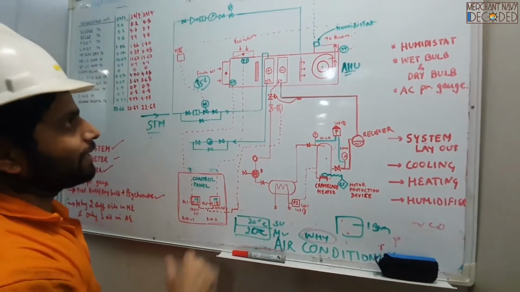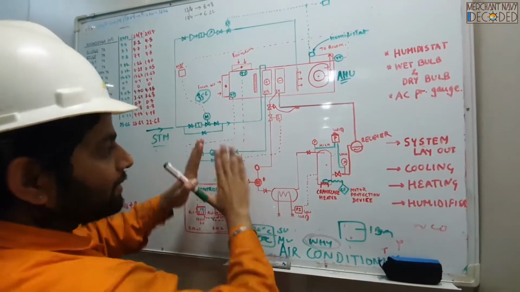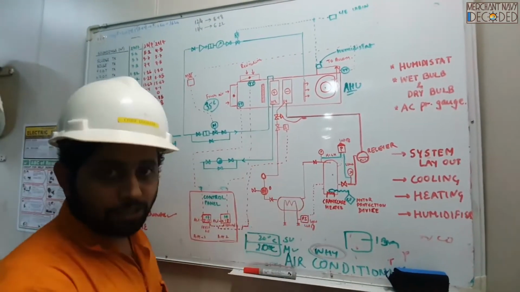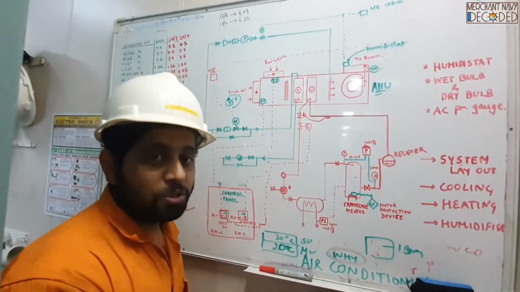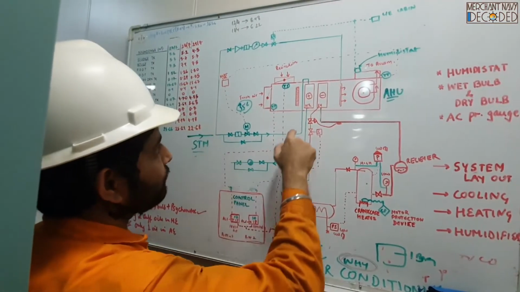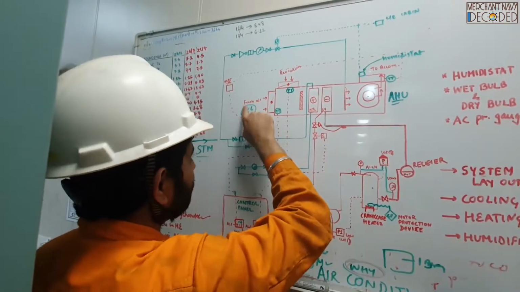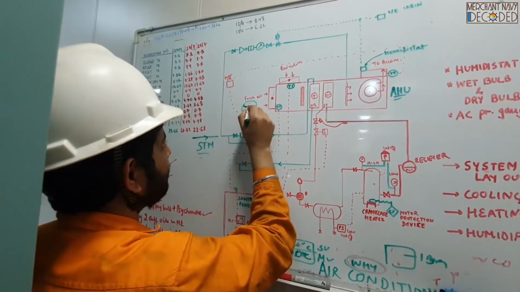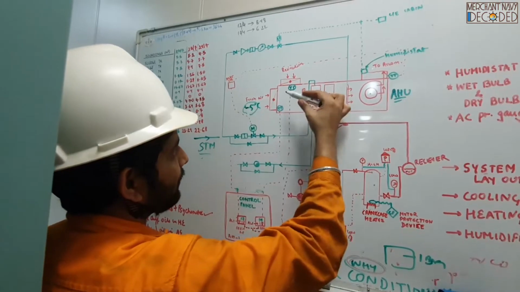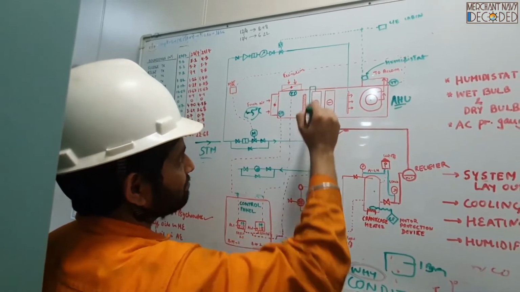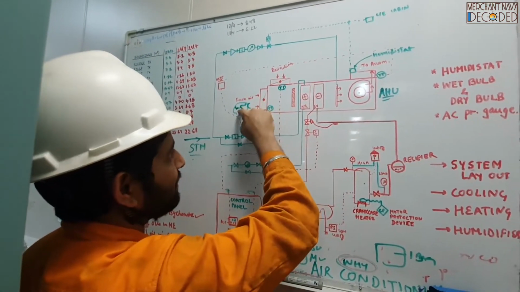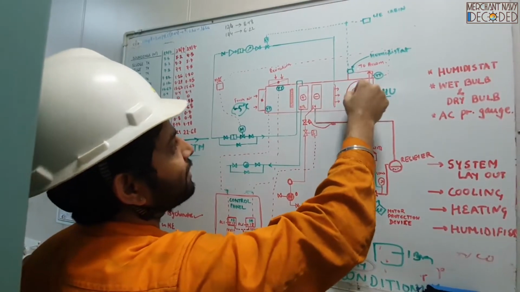Now see guys, over here, we are talking about heating. I am not talking about the AC system, because when heating is required, the AC system is not running. Now we need steam. So steam is coming from here, going over here. This fan is running continuously all the time. So minus 5 degrees centigrade air is coming in, passing through the heater over here. So the heater is heating this minus 5 degrees and making it 12 degrees.